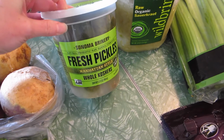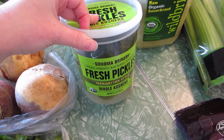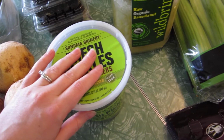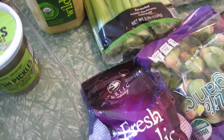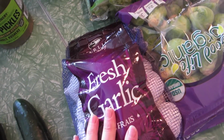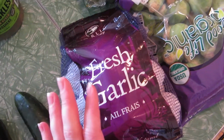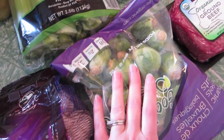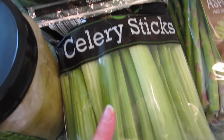Also at Sprouts, I got these fresh pickles. These are fermented pickles, so they have no vinegar in them. We're going to have these with the hamburgers and with the fish patties. I also went to Costco and got the majority of my stuff there. I got fresh garlic. Heard that these have really good candida fighting properties. My husband loves garlic. I don't like the smell so much, but I've heard that eating parsley helps combat the garlic smell. I picked up these upside down Brussels sprouts, celery sticks,